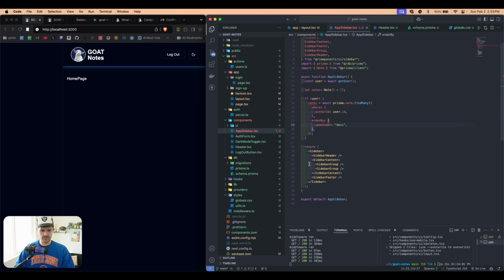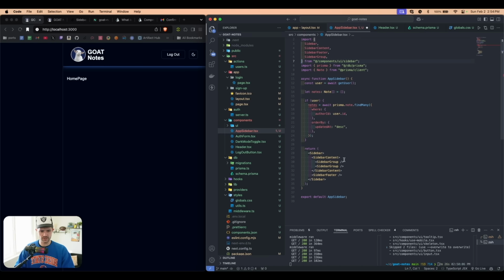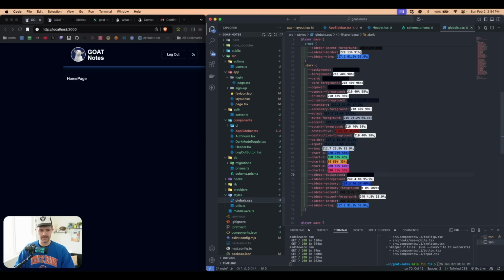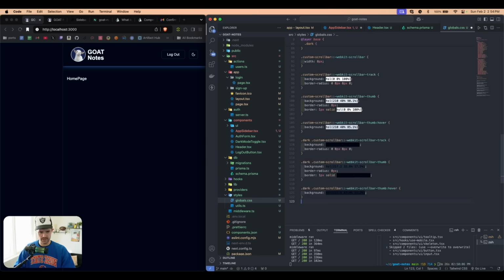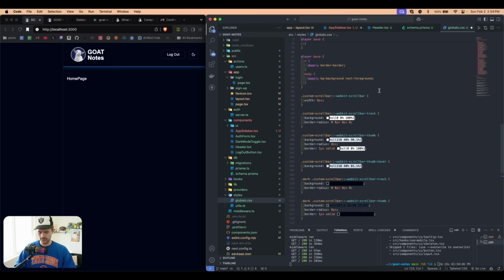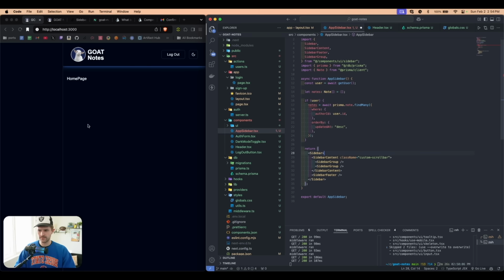So then we're going to come down, we're going to edit this a little bit. So this sidebar header, we're going to get rid of that. So we can get rid of that from here as well. And the sidebar content, we're going to say class, and we're going to say custom scroll bar. And so I wrote some CSS. I'm going to paste it in right here. If you want this, it is in the GitHub repo. So we're going to come back to this, and we're